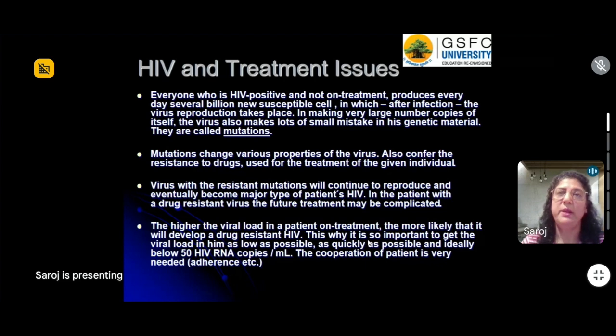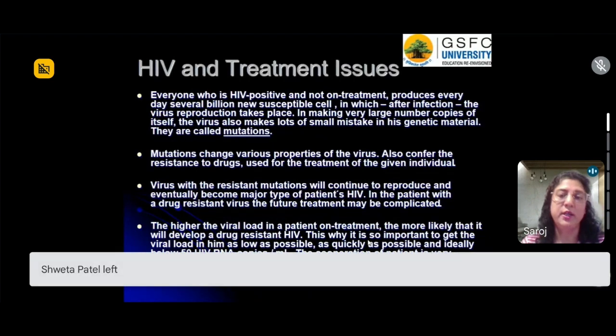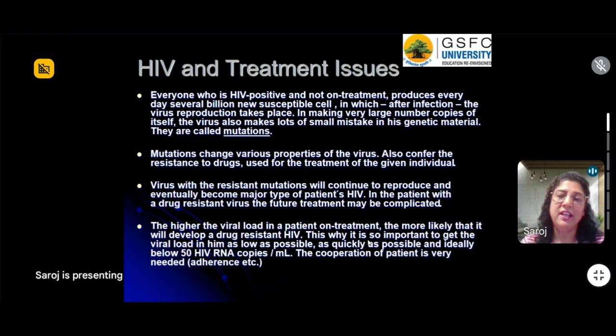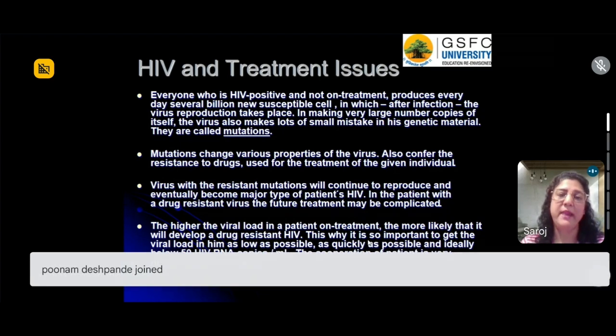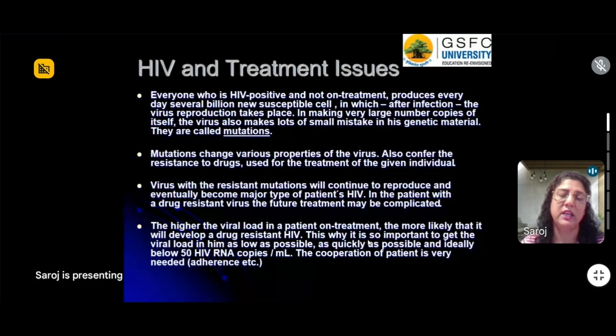Another thing is the mutability of the viruses. Those people who are HIV positive but have not received treatment, where the reproduction is going at an exponential rate, when anything is dividing at an unnatural rate, of course there are going to be a lot of replication-related mistakes. There are a lot of wrong integrations of nucleotides in the DNA, and these mistakes are the ones which will make the genome of the HIV highly mutational.